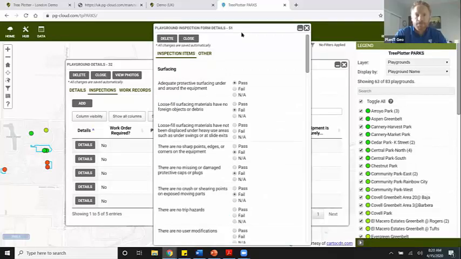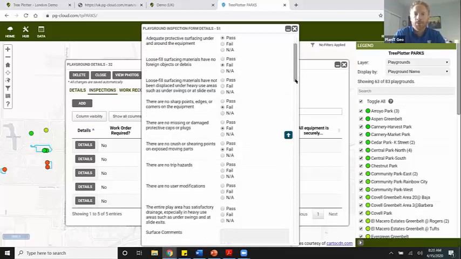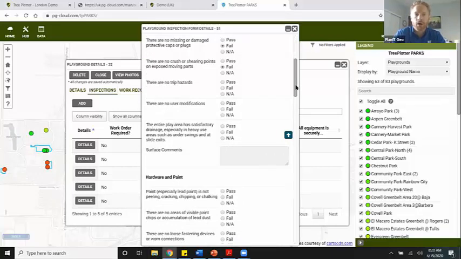Correct, absolutely. This is a slightly different inspection form than you saw earlier with trees. For playground inspections, you'll notice we have two tabs up here, and then we have these sections or categories. This one has a pass, fail, or NA. We have some other clients that wanted a numeric system, so that's a choice as well. When we set up the inspection forms, you might want a 0, 1, 2, 3, 4, 5, or something like that. But you go down the form and do a pass or fail on various